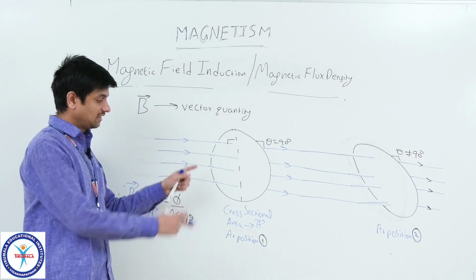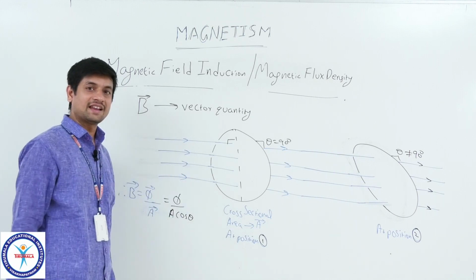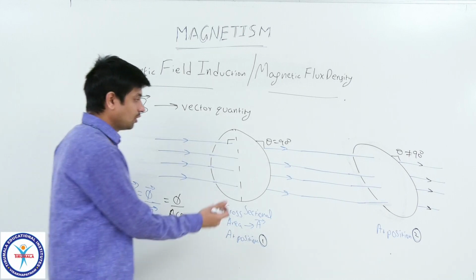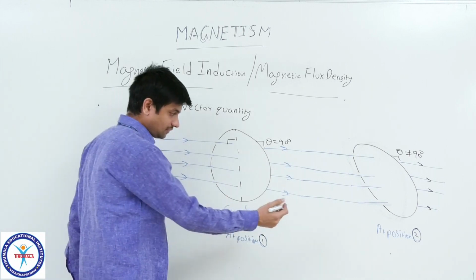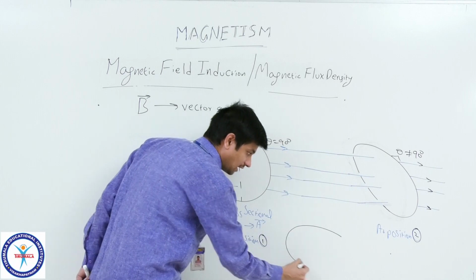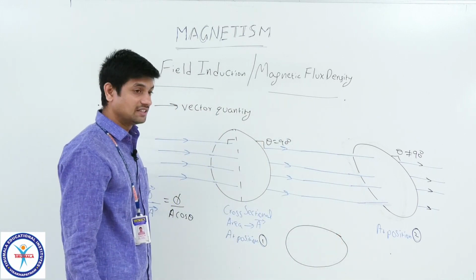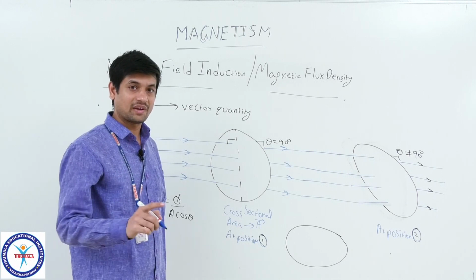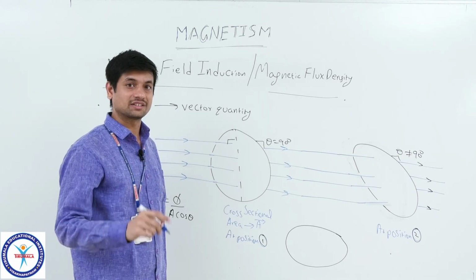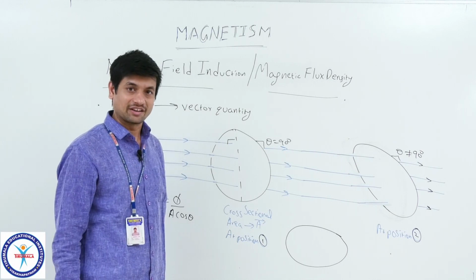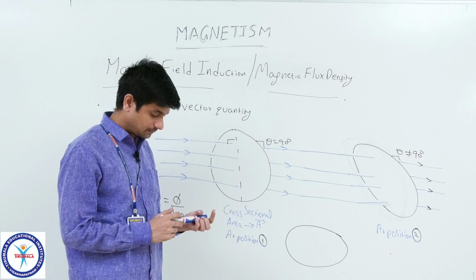Look at this. Here I assumed area as one vector. As I already told you in the chapter on vectors, area can be taken as a vector when its orientation represents the magnetic flux density magnitude. So, that is why, look at this.